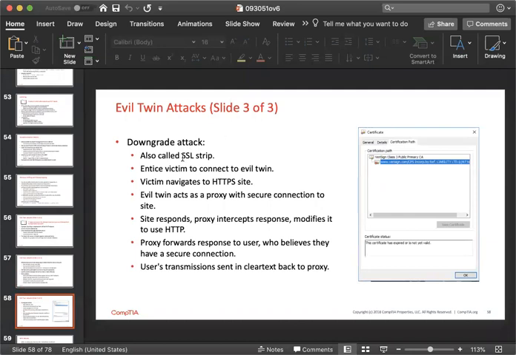And it's telling some different evil twin attacks. Downgrade attack, also called SSL strip. Entice victim to connect to evil twin. Victim navigates to HTTPS site. Evil twin